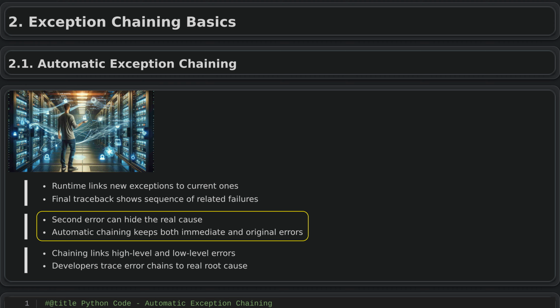For example, a program might fail to read a configuration file, then fail again while trying a fallback or writing to a log. Without chaining, you would only see the later error and might wrongly assume it is the main problem. With chaining, the runtime links the original configuration error to the later one. So, when you inspect the final exception, you can see both the immediate failure and the underlying issue that triggered